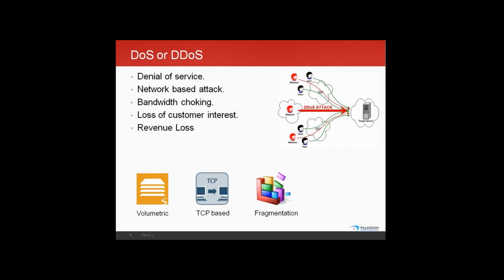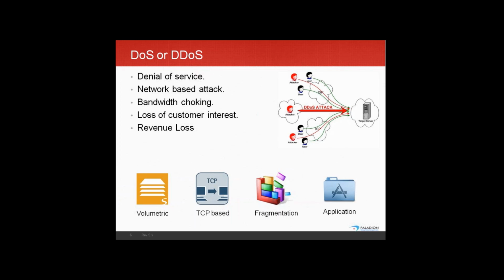Now, if you deliberately keep on sending fragments which cannot be reconstructed, your target machine will keep on processing those miscrafted fragments and try to reconstruct the data, whereas it is not possible. But at the end of the day, it will slow down the server's capability to process your genuine customers.